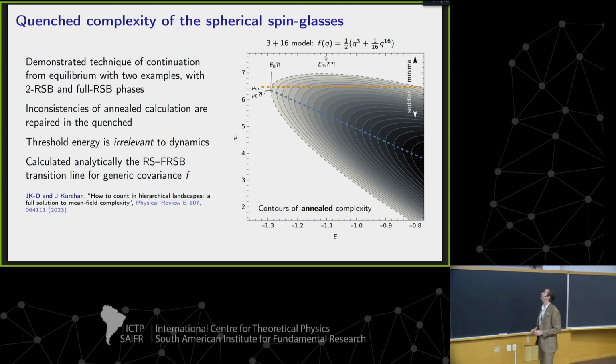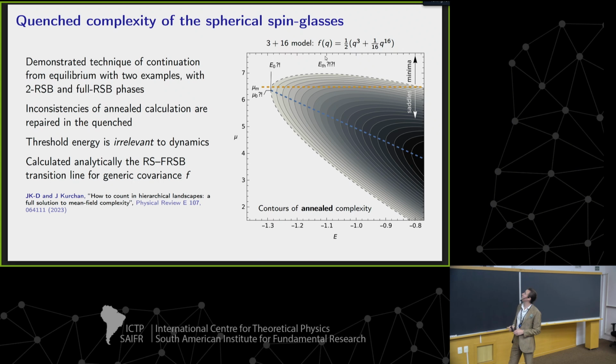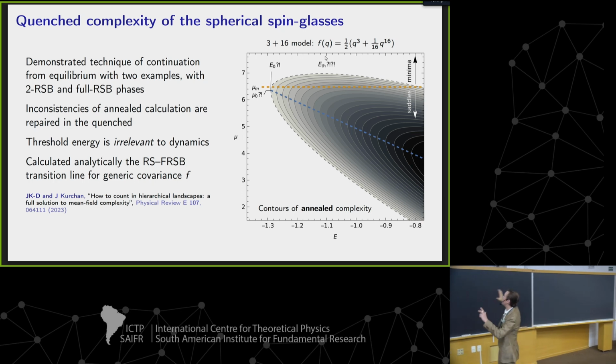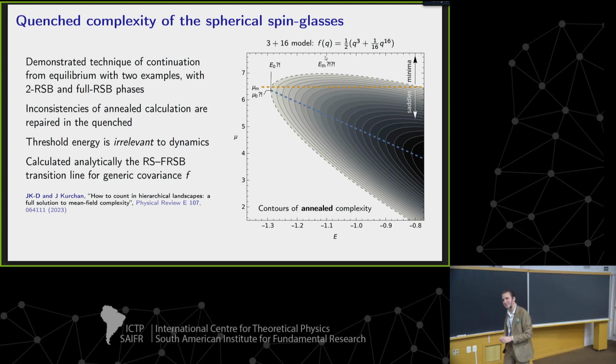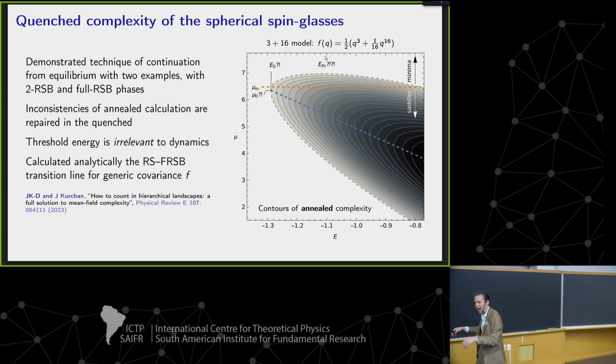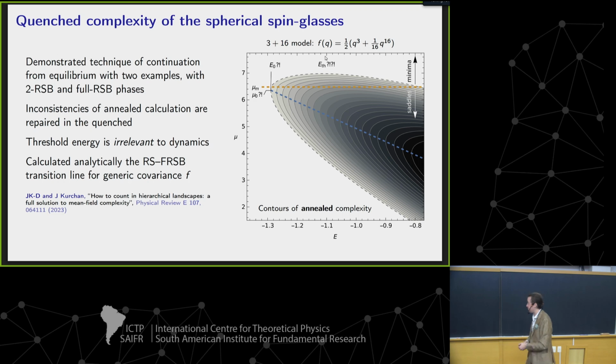And so in this case, this is the example of the 2 RSB on the contours here. You can see the annealed complexity, which I'm showing you, gives a bad answer for the ground state. Because it predicts the ground state energy, which is the farthest left point. It predicts that it should be among saddle points, points whose stability is less than the marginal stability. But this is impossible. You can't have downward directions at the ground state.